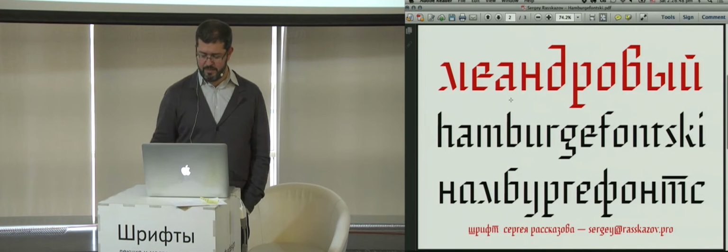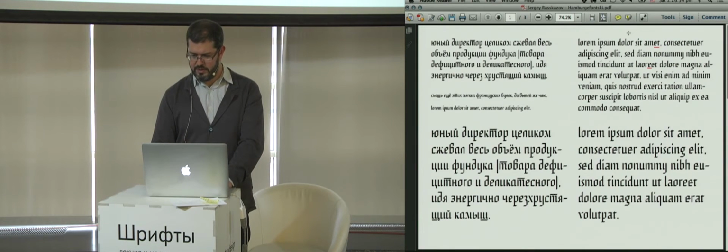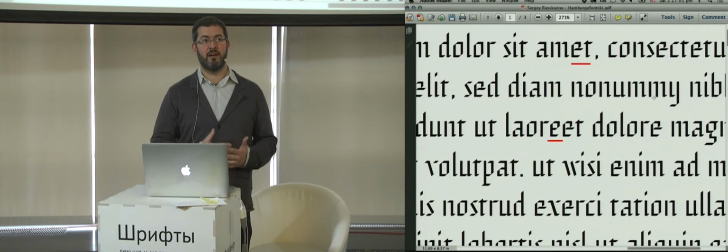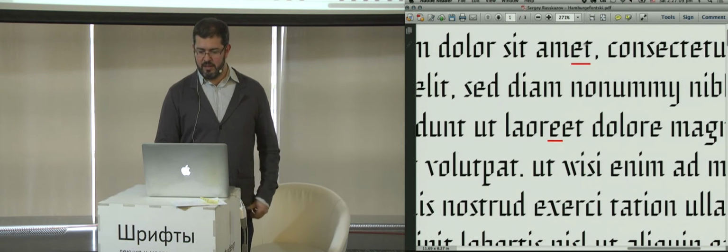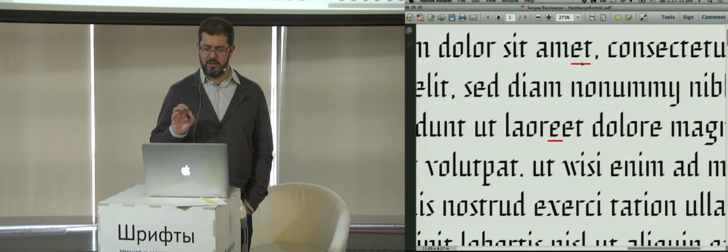So I'm not sure that that's a great idea, because this typeface is so abstract that it really asks a lot of someone who is reading it. So even if it's just a couple of words, I feel like this E is